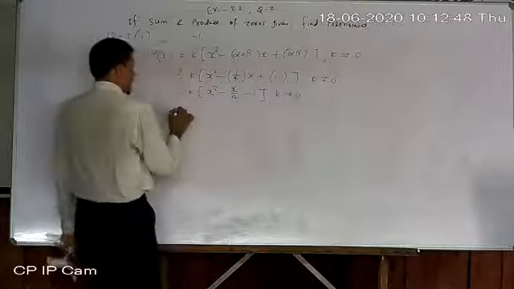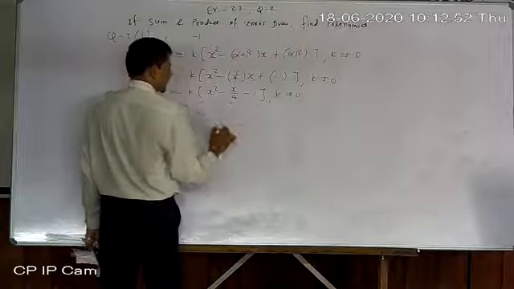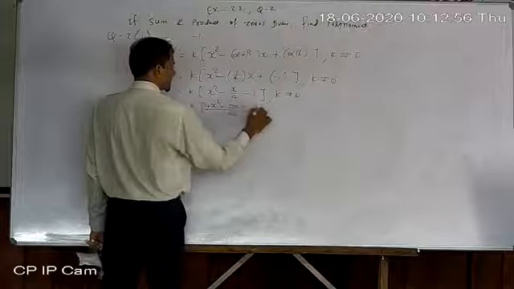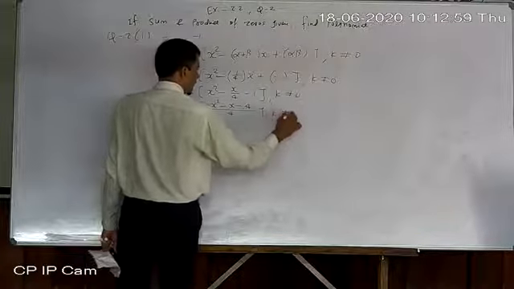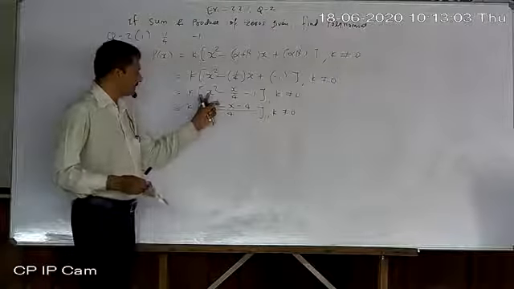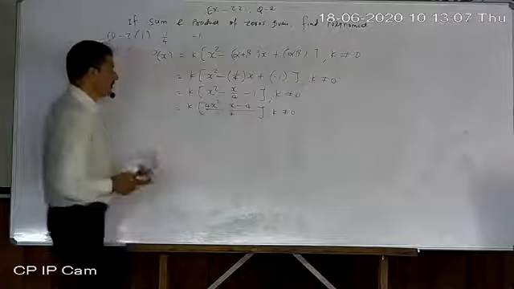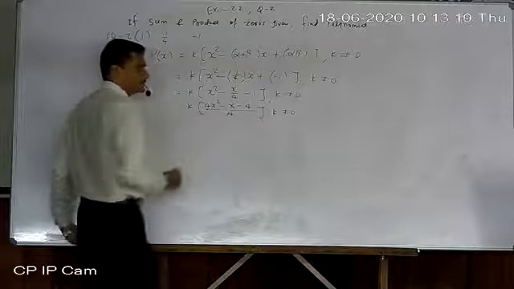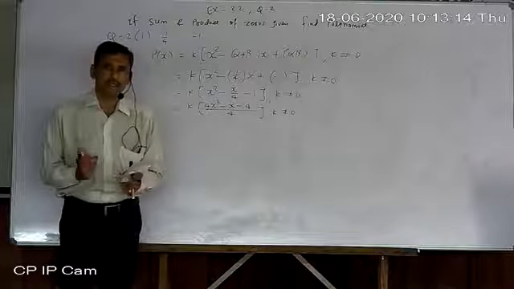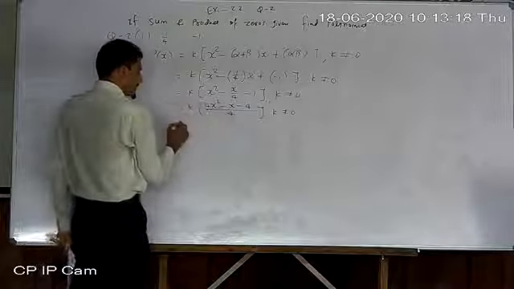Okay, now take LCM. So 4 is taken as LCM, so 4x square minus x minus 4. You understand how to take LCM? Okay, whenever 4 is not there, the numerator becomes 4 times. Now this is not important for us, meaning the coefficient of the whole polynomial is not an important part of our answer. So you just keep it outside of the bracket.